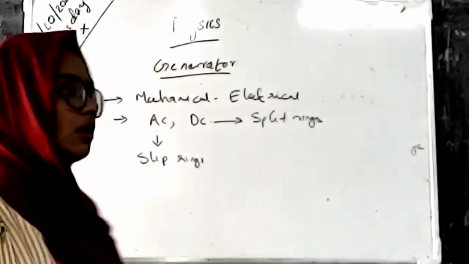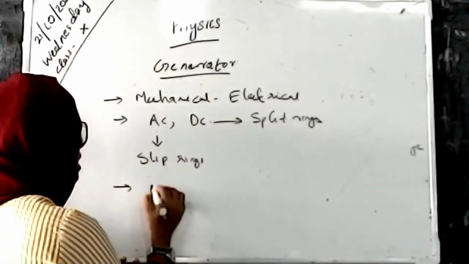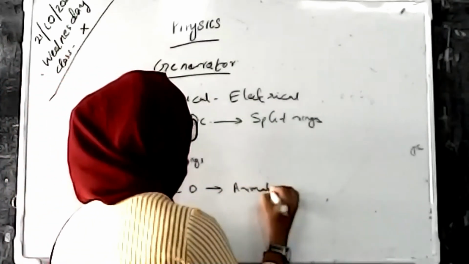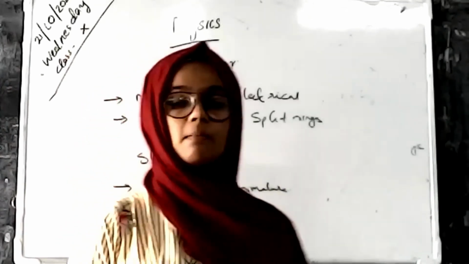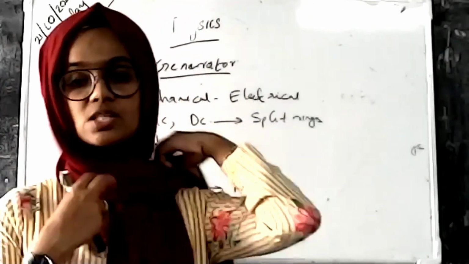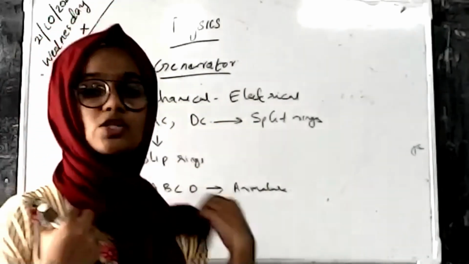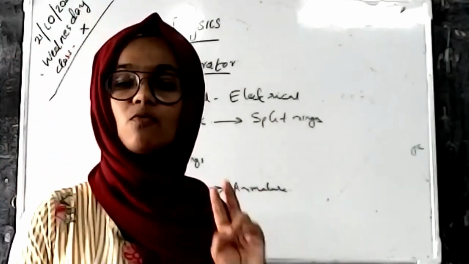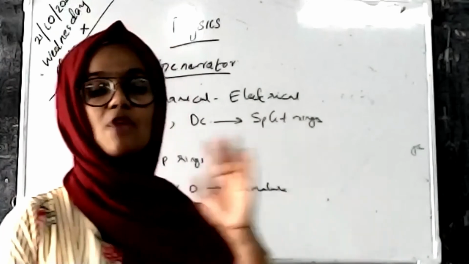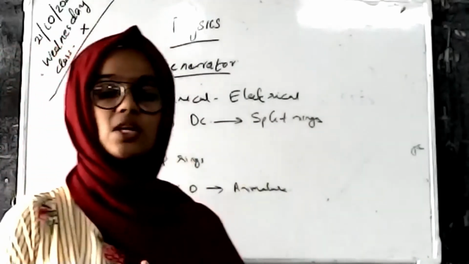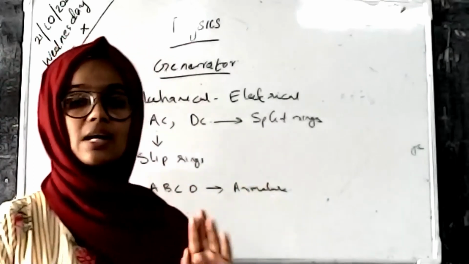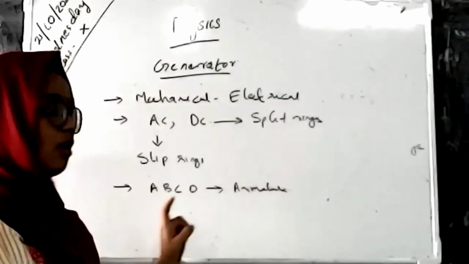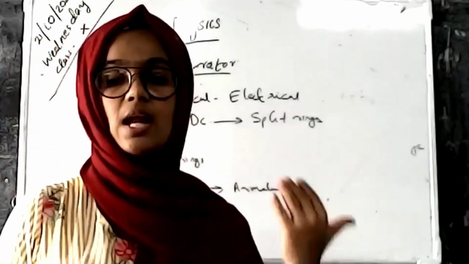The rotation of the armature coil ABCD produces electricity, and the turning of the armature coil is measured by the degree of rotation. Electricity is produced in 2 half AC cycles. One half AC cycle is in one direction and the other half AC cycle is in the opposite direction, and a complete AC cycle consists of 2 half cycles. There is a rotation of 0 to 360 degrees in the armature coil.